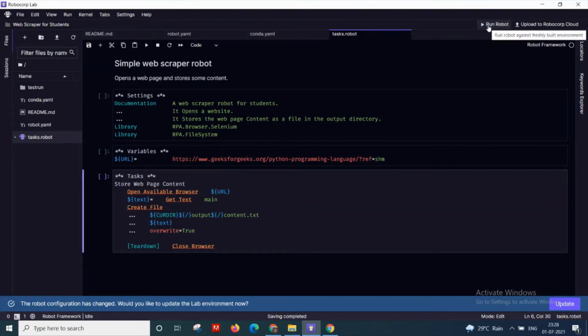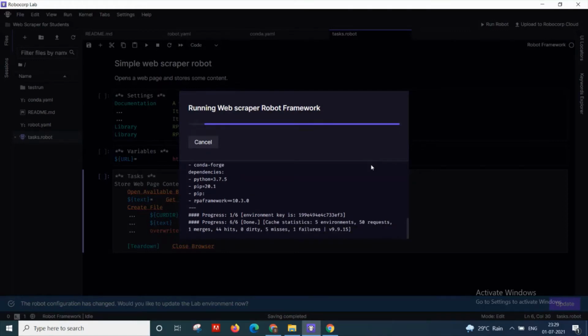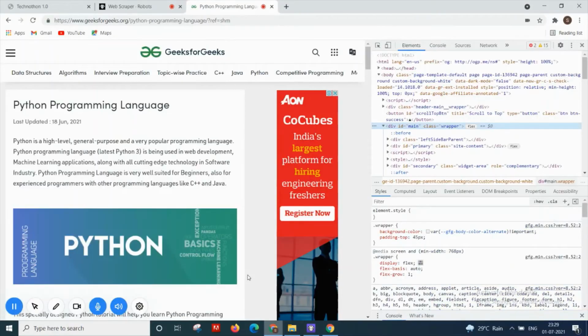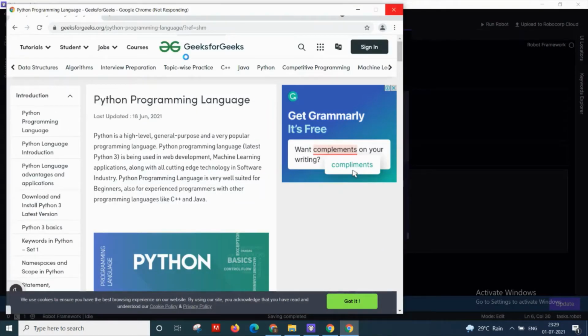Now I will run this robot for you. It will take some time, so I'm going to pause it for you. As you can see, this robot is still running and has already opened the web page that we mentioned, that is, the GeeksforGeeks website, and we have also specified the element locator there.